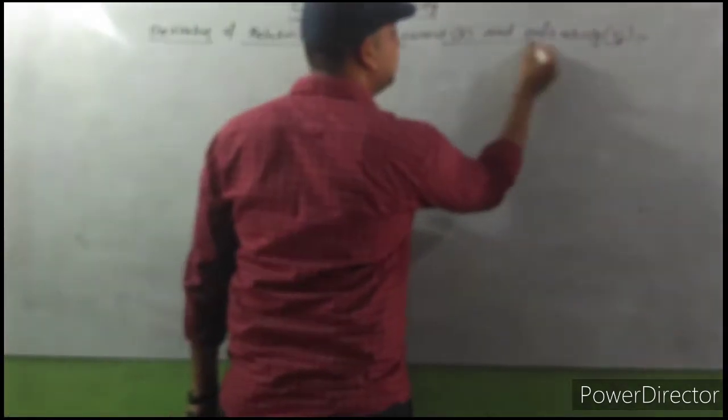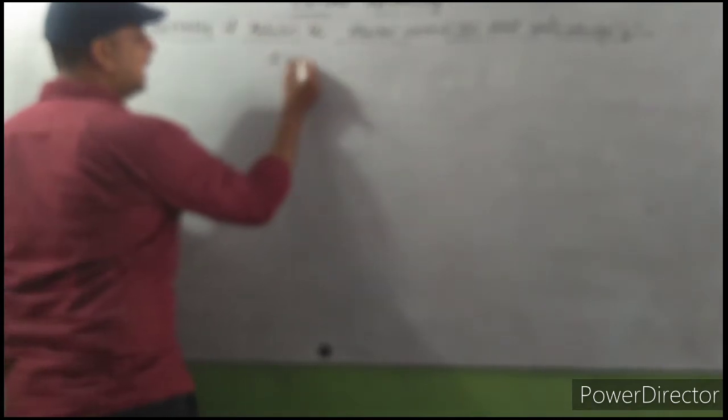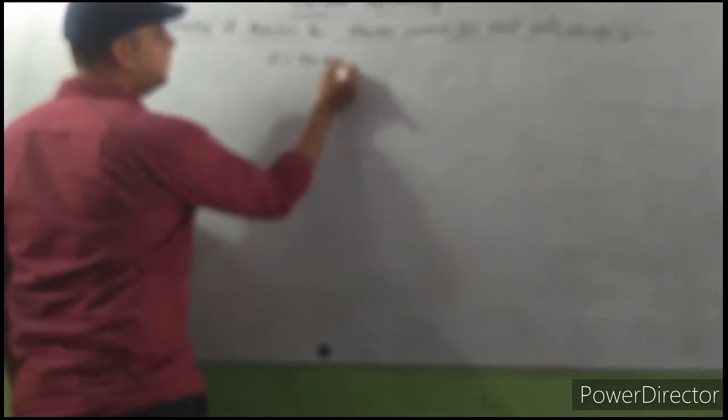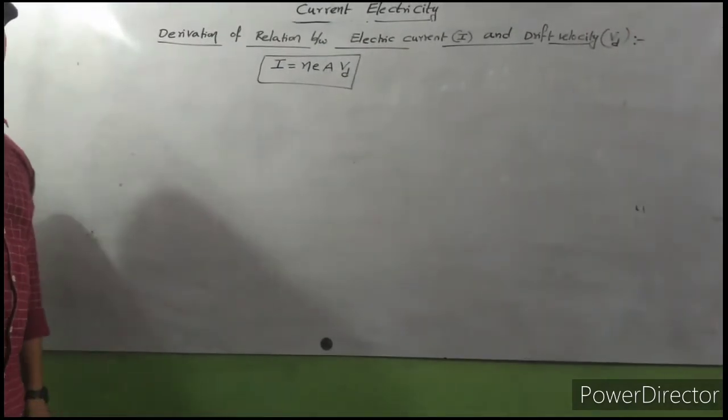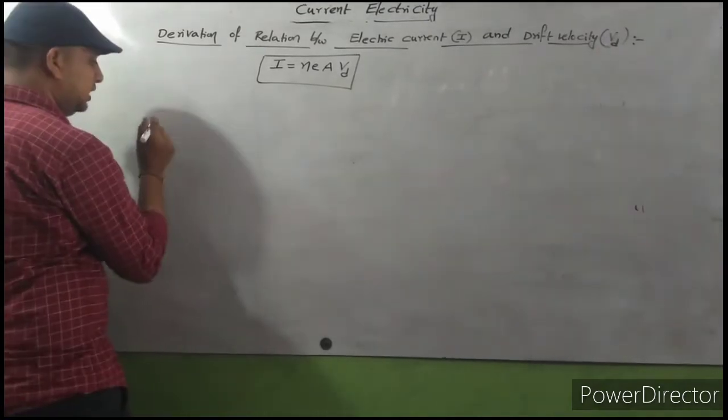student, observe carefully. You know already in previous lecture I told the relation between electric current and drift velocity is I = neAVd. This is the formula. So now we will derive this. How we will get this? Observe carefully. Generally,